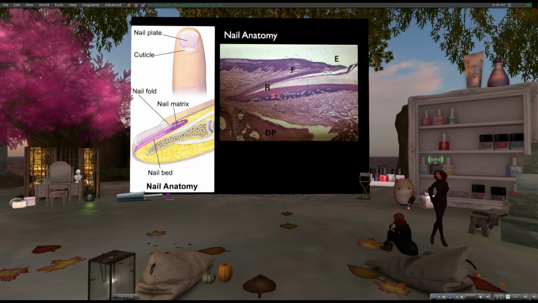And down here is the nail matrix, nice and rich in blood, where new nail is being added on all the way here and it propagates to the right. And that nail, as we go on,